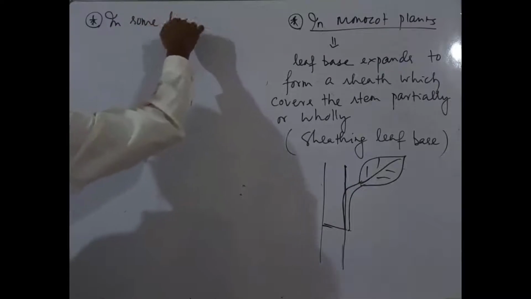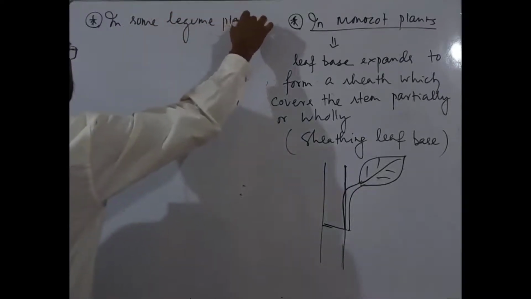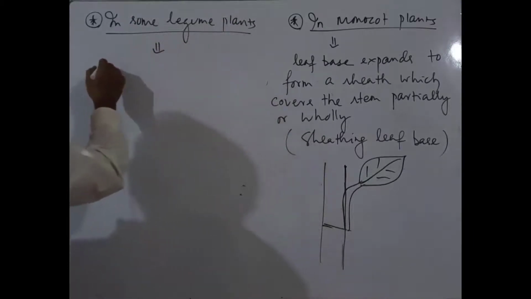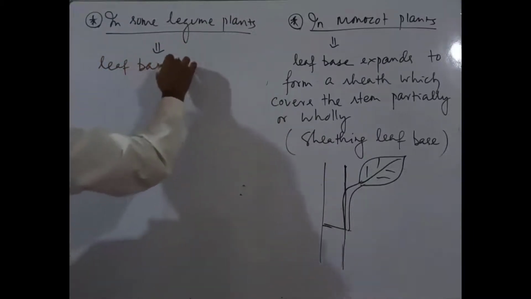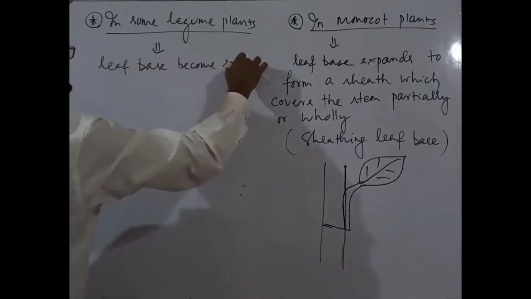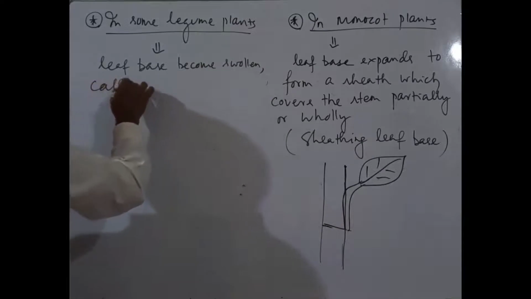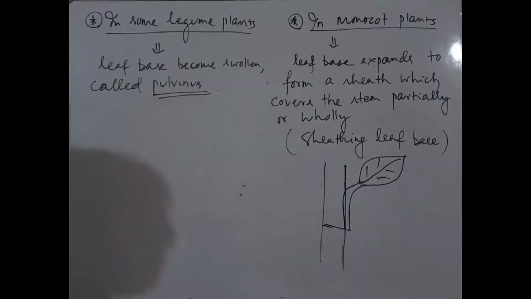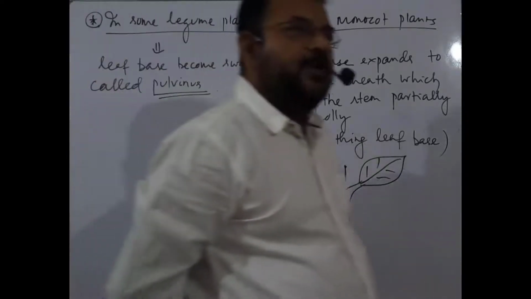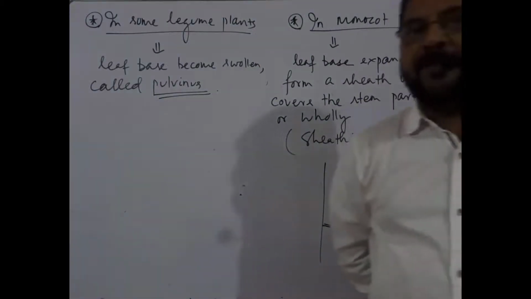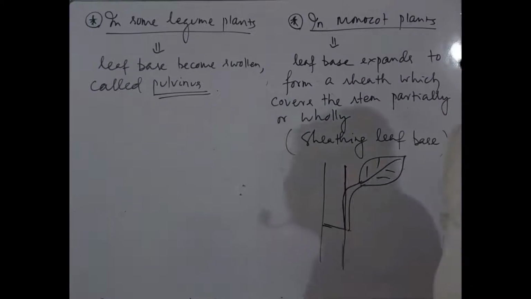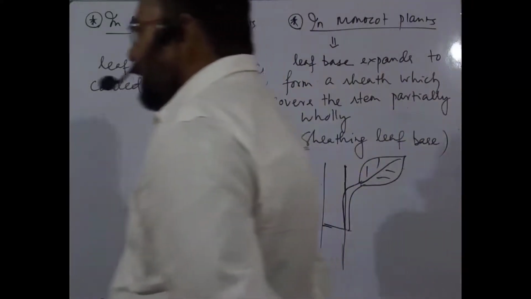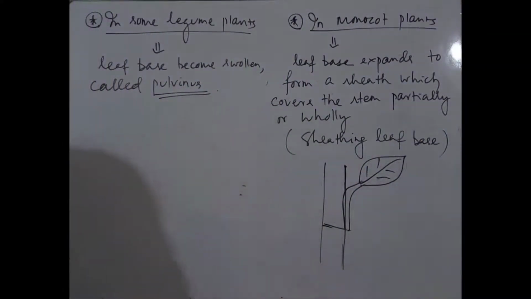In some legume plants, leaf base becomes swollen, इसका नाम है pulvinous. Pulvinous leaf base. लेग्यूम प्लांट्स का मतलब है लेगुमिनोसी फैमिली, फैबासी फैमिली, पी, बीन, ग्राम, ये सब प्लांट में लीफ बेस स्वोलन होती है, दैट्स कॉल्ड पल्विनस। लीफ बेस अगर स्वोलन होगा, दैट लीफ इज नोन एज पल्विनेट लीफ।